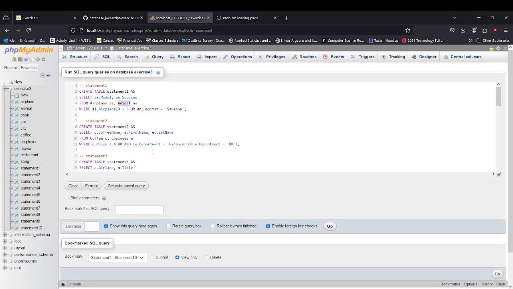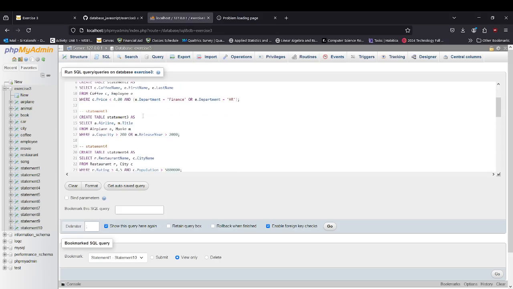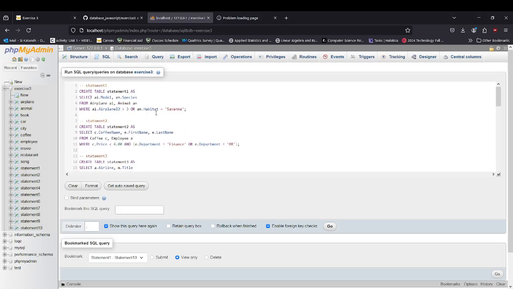And I did some research and came up with this statement right here. So, the CREATE TABLE statement. This is so far so good. We know this, but I did not know about this AS. So AS, I believe, means that if you make a SELECT statement, you can create a table out of the select statement. That's what I did for all of them, and I made sure that each of them have at least 2 or more